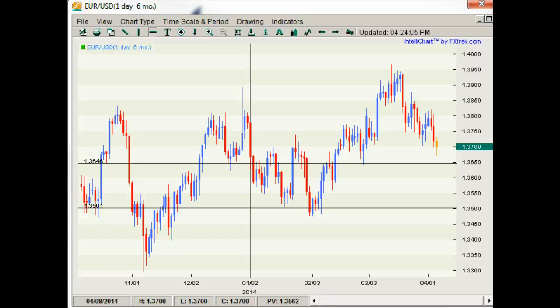The assumption perhaps is that even though the U.S. data is okay, it's not good enough to really move the Fed anytime soon. The critical thing, of course, here is going to be the 10-year U.S. yields. It's really now going to become the bond market call on where the currencies go, because at this point I think all the cards have been played. The market knows exactly where the fundamentals are on both sides, and it's a question of whether the yields are